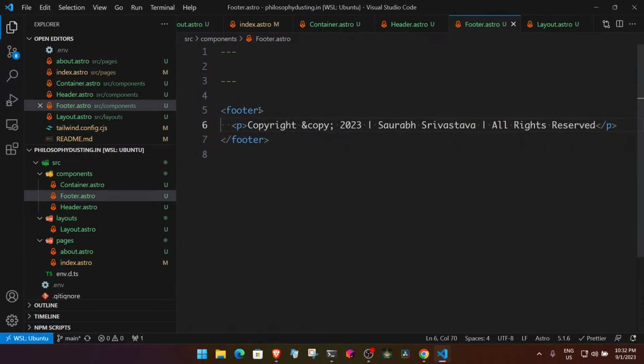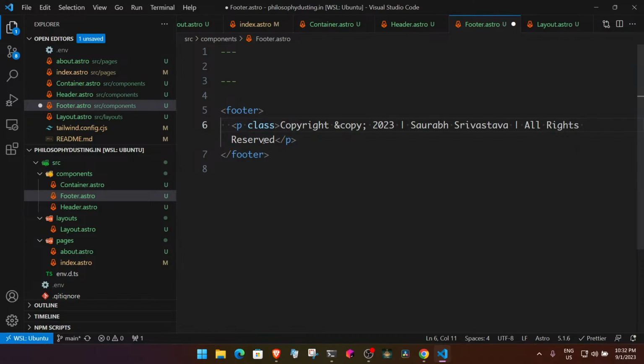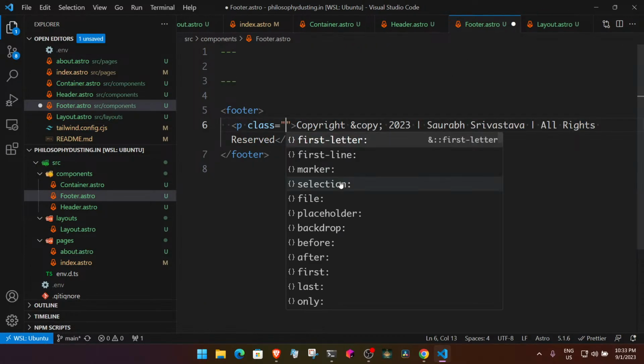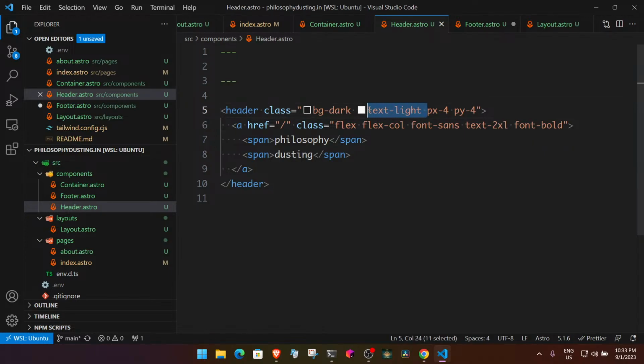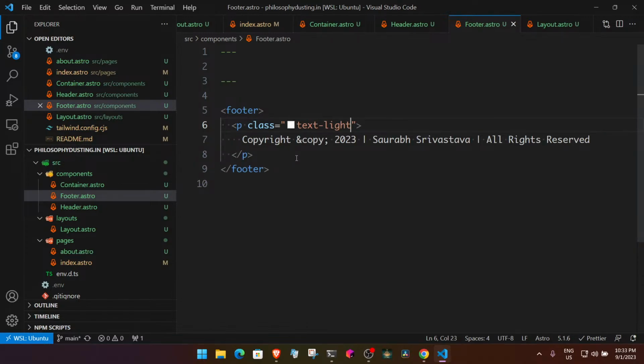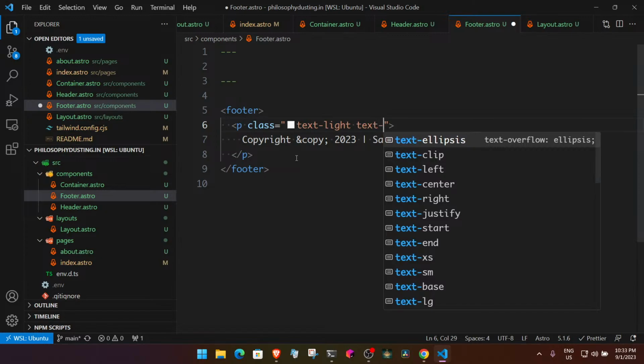This should work. About the font, I will have to have a font sans. Here I'll just do with, and in the header also I don't need this, but it is fine. At least I don't need this. Maybe we'll check. Text is fine. Here also I will just go with the text of light, and the text size should be